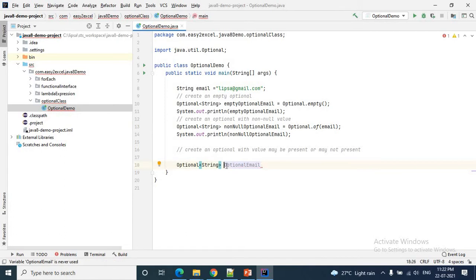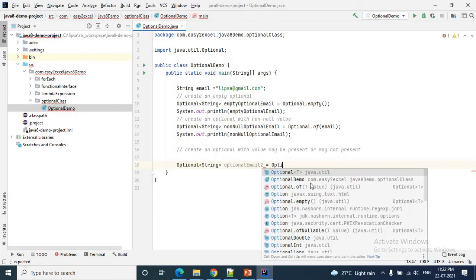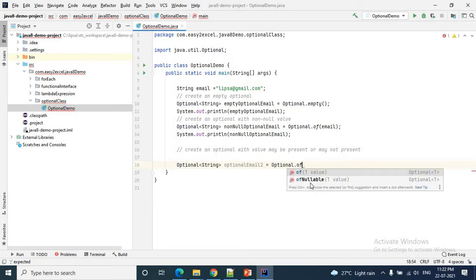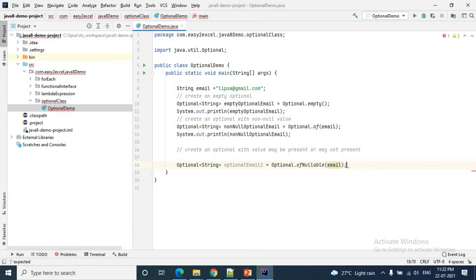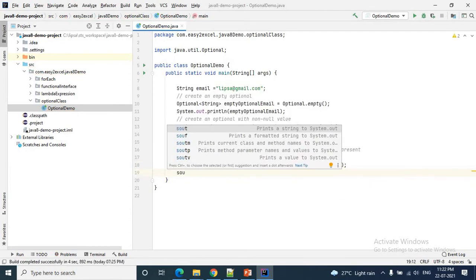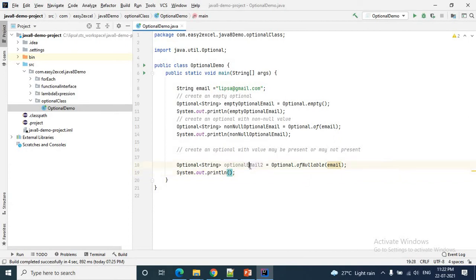Let me change the variable name to optionalEmail2. I am giving the variable, then Optional.ofNullable. There is another method you can see, ofNullable. Inside this I will pass that email. Clear? Let me put a sysout over here for optional email 2.